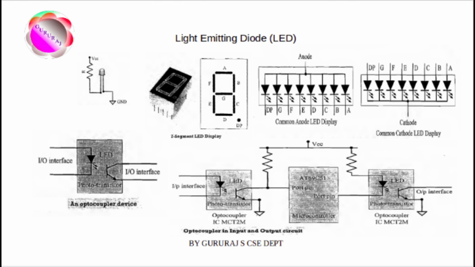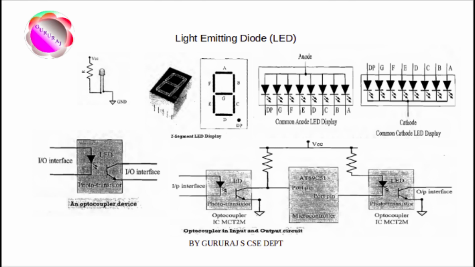It is an important output device for visual indication in embedded systems. An LED can be used as an indicator for the status of various signals or situations. Typical examples are indicating the presence of power, like the device is on, battery is low, or charging of a battery for battery operated handheld embedded devices. As we know from the ADE subject, an LED is nothing but a diode, or we can say a PN junction diode. Whenever the LED is in forward bias mode, it will glow. This is a known fact.